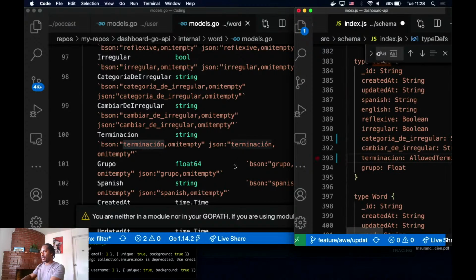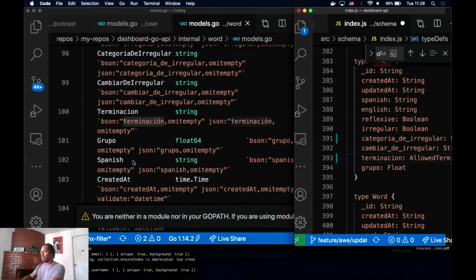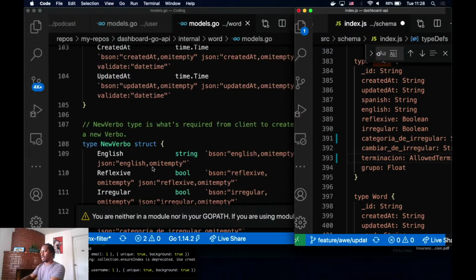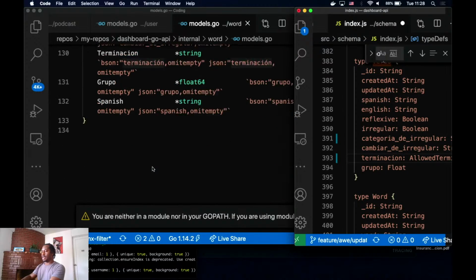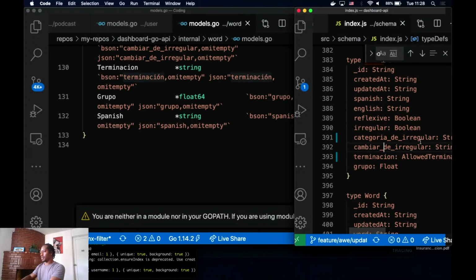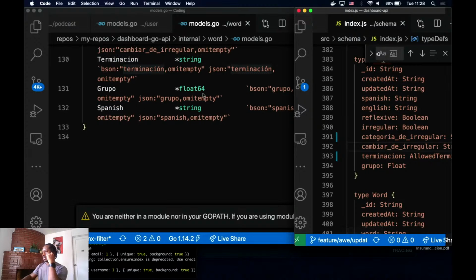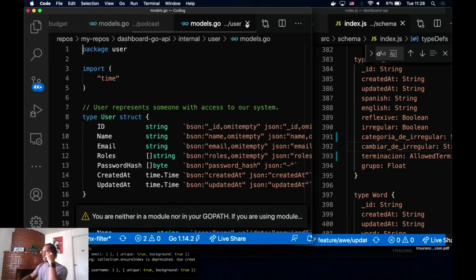Right? And then we got Grupo, float, Spanish I already saw. Okay. Stats. Okay. I may have to do it over here. I don't know. All right, so word is good.